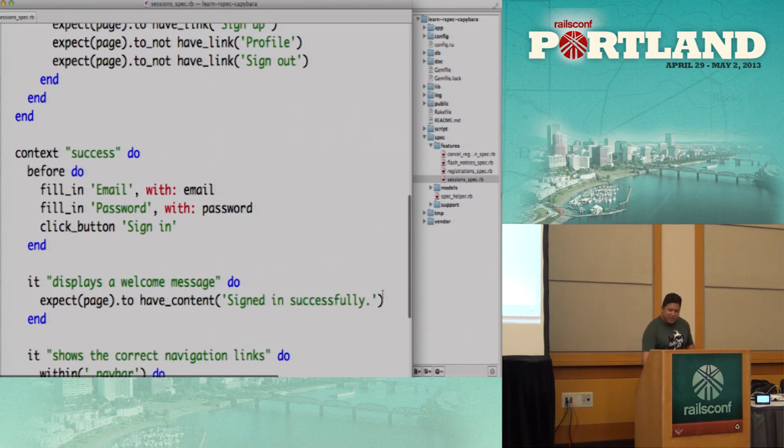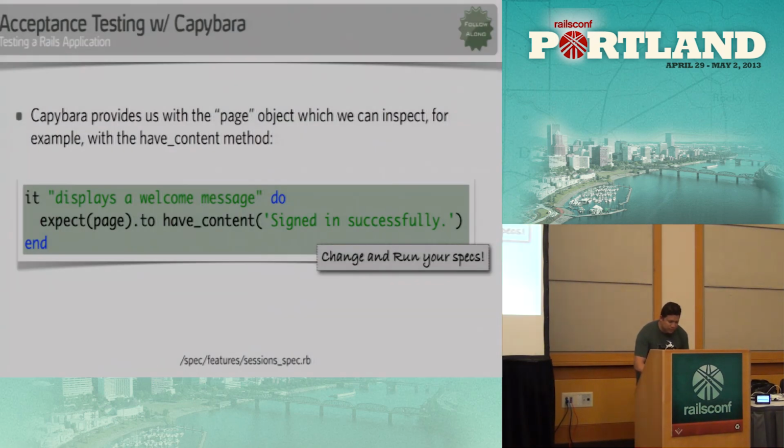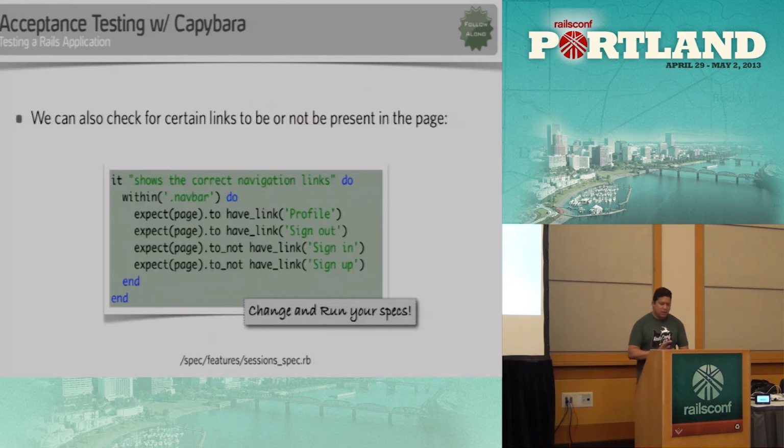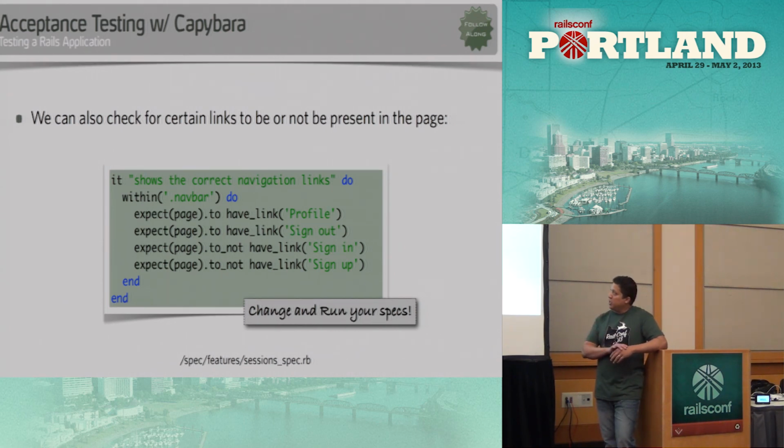So now here we have the test where we expect the page to have the content sign in successfully. Now the next test, I'm looking for links. So I want to make sure that the right links are shown when the user is logged in and when he or she is not logged in. So now I'm scoping my search. I'm saying it shows the correct navigation links,